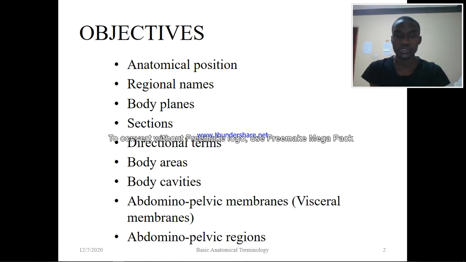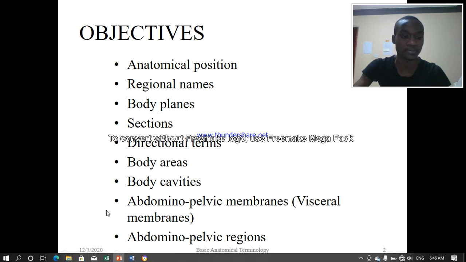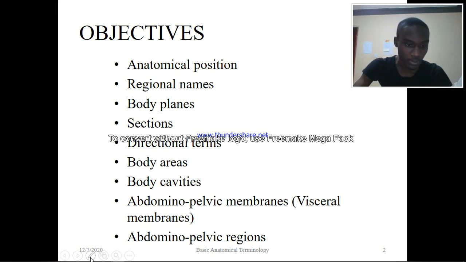To start with the objectives of today's class, we expect to fulfill these objectives. By the end of this topic and after individual revisions, someone should be able to describe the anatomical position. What is an anatomical position? Define and describe the anatomical position. The other objective will be to